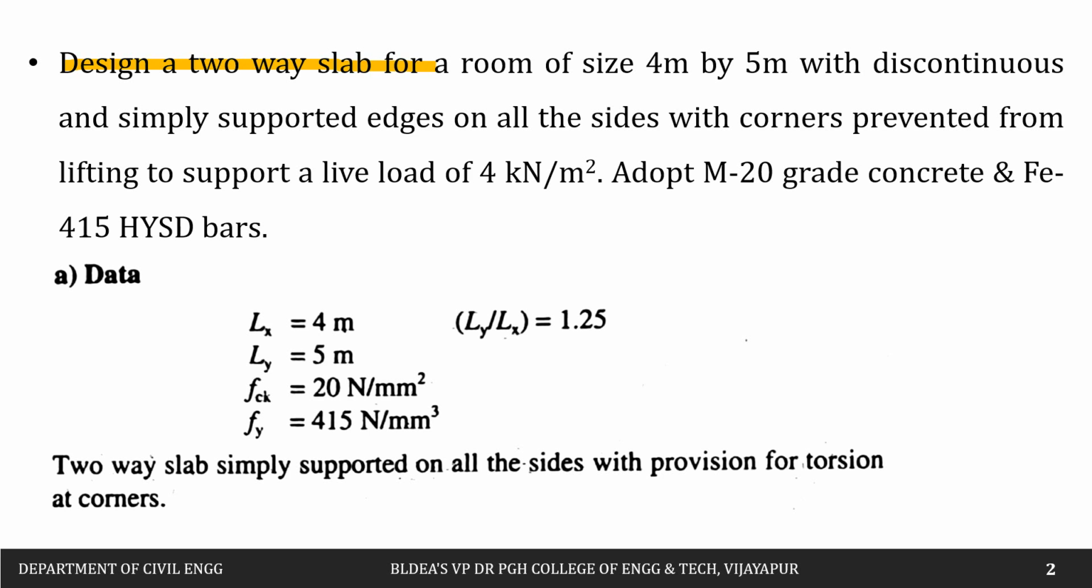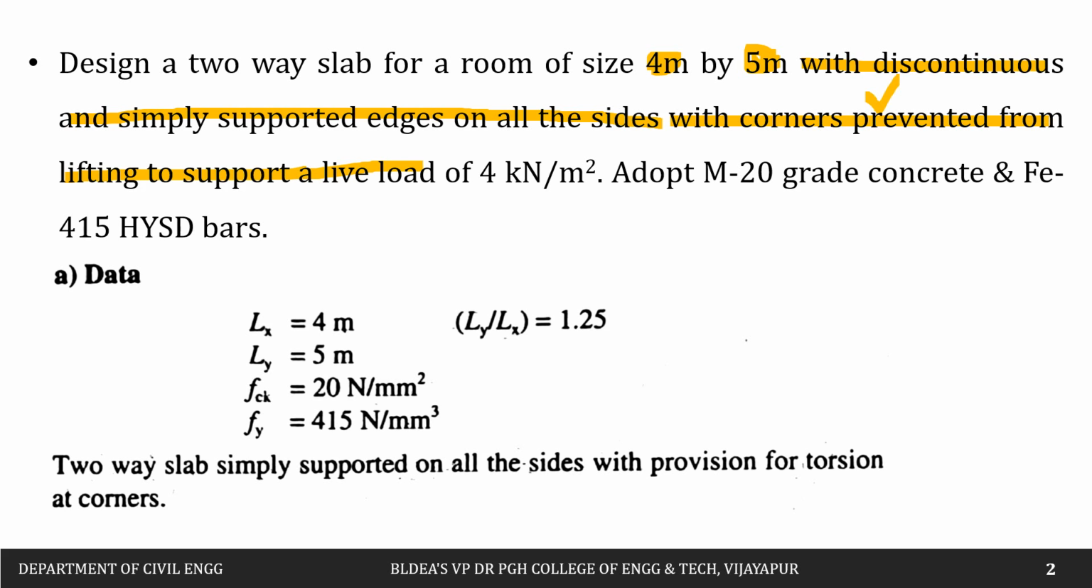Design a two-way slab for a room size of 4 meters by 5 meters. So Lx will be 4 meters, Ly will be 5 meters. Always Ly will be the longer span and Lx will be the shorter span, with discontinuous and simply supported edges on all the sides, with corners prevented from lifting, so with corners restrained to support